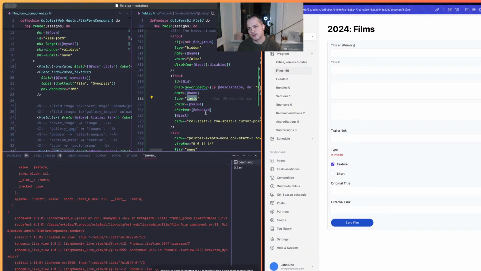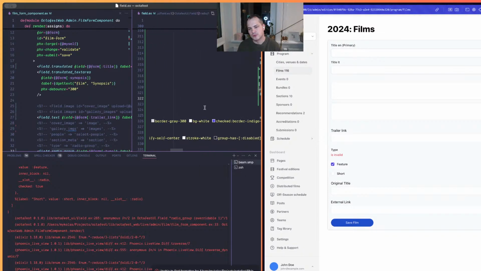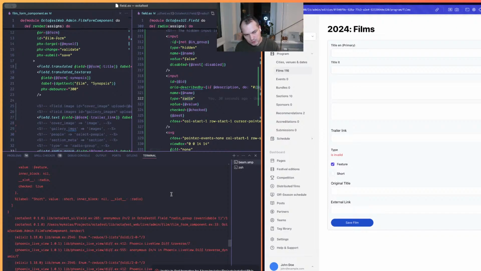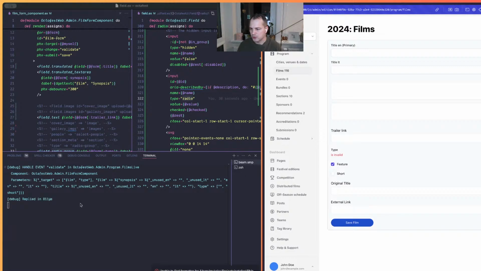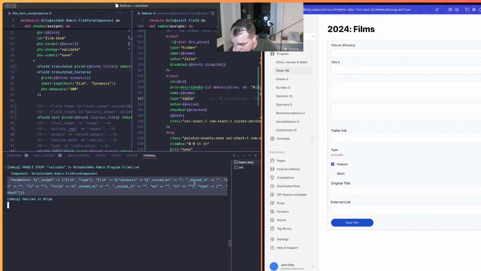I think that's that, right? Is invalid. Type is invalid. Why is it invalid? Because, okay, what we're doing, what we're getting. Target film type. Notice unused type short. Okay, so this is where